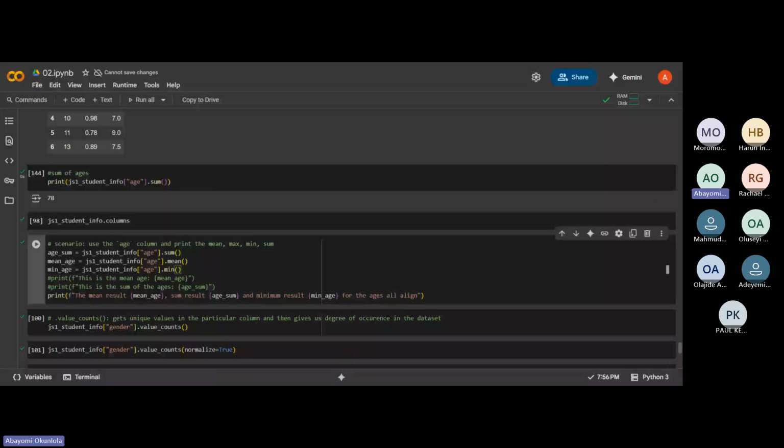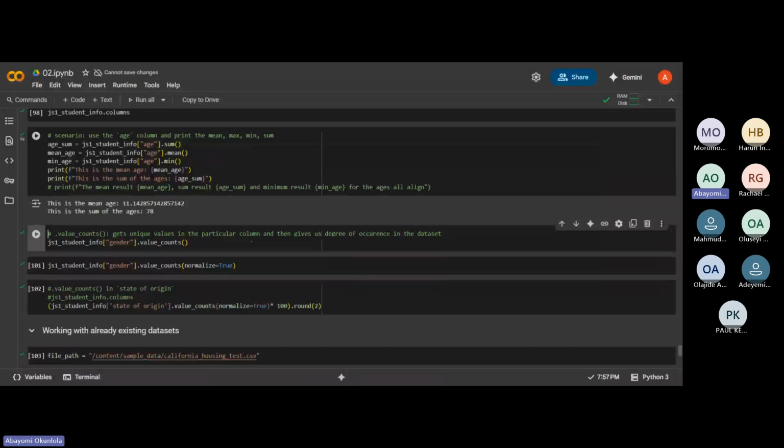Now we want to print the result. Instead of having it in multiple lines, let me uncomment this. You write it on multiple lines and say print, this is the mean age, print, this is the sum of ages. Let's run this. The mean age is 11.14, and the sum of the ages is 78.